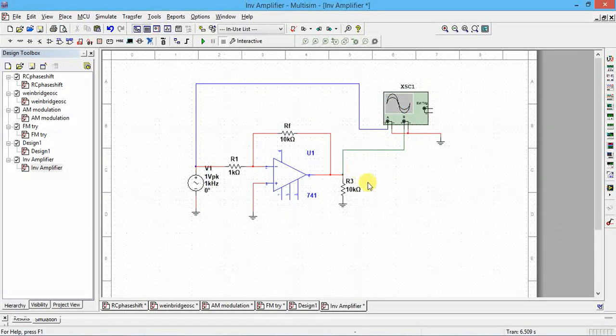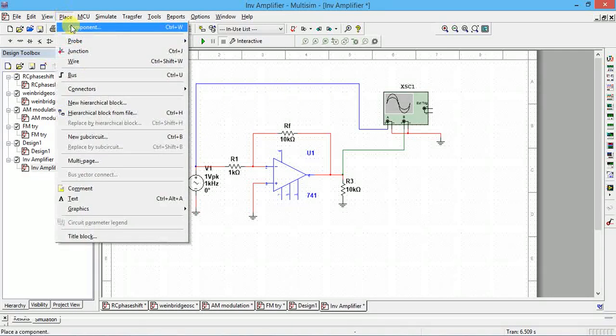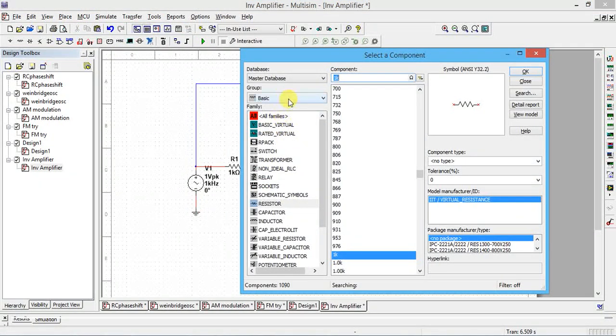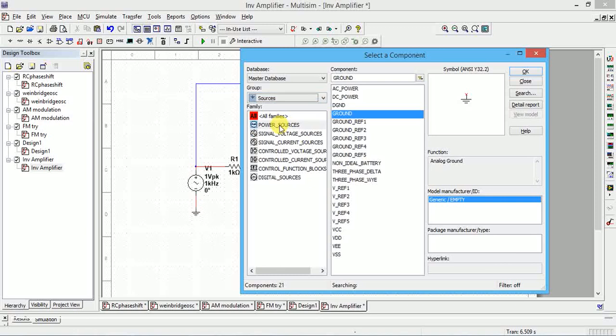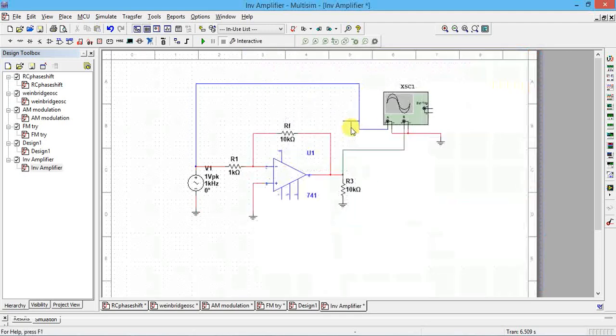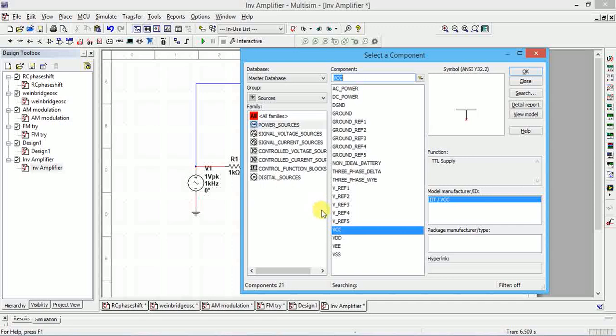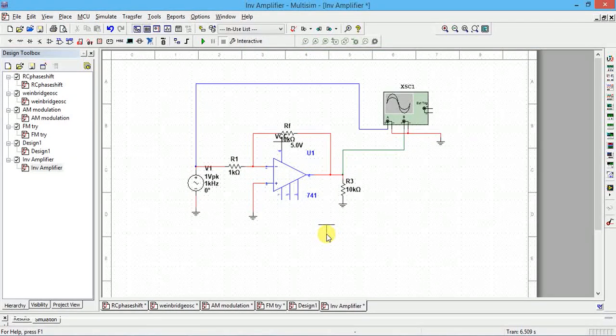Now we have to connect power supplies for the op amp. Place component, it is there in the source, power sources. There you select VDD and VCC. VCC is by default 5 volts. Next, VEE is the negative voltage.